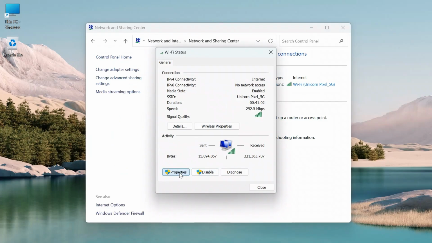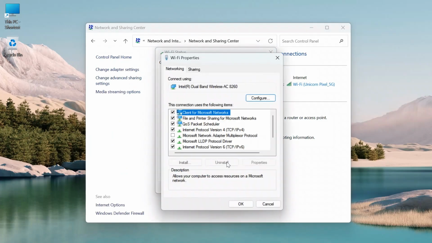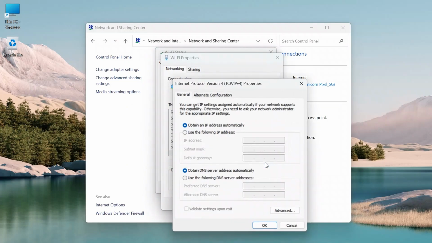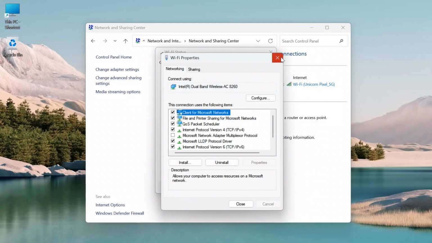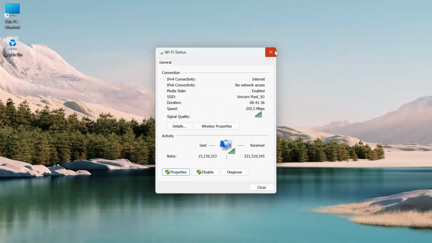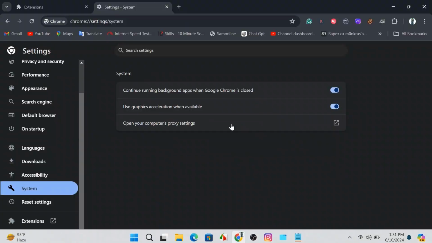And now we have to go to Properties, and go to Internet Protocol Version 4 and click on Properties. And after that, click on Use the following DNS server addresses. Now type 8 8 8 8. And for the alternate DNS server, you need to type 8 8 4 4. And then click OK. And after that, you need to close it, and close it, and go to your Chrome